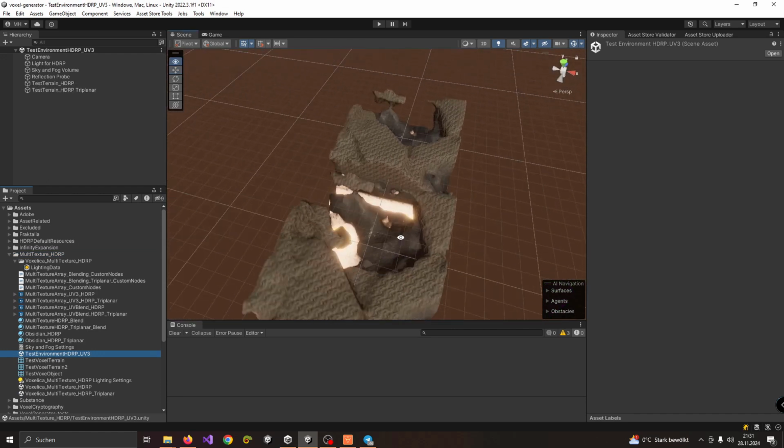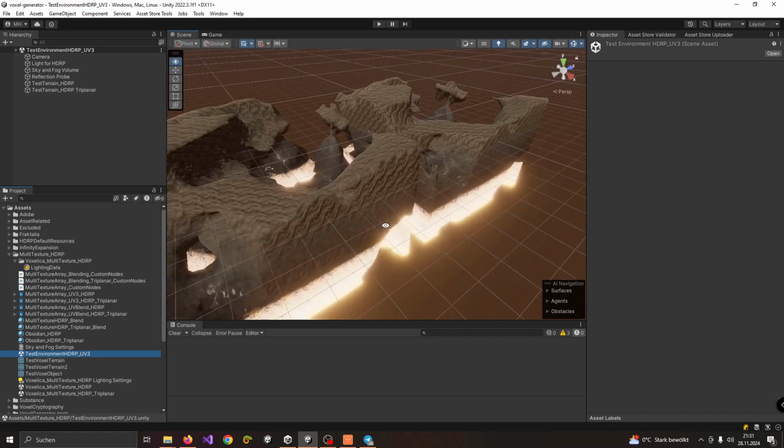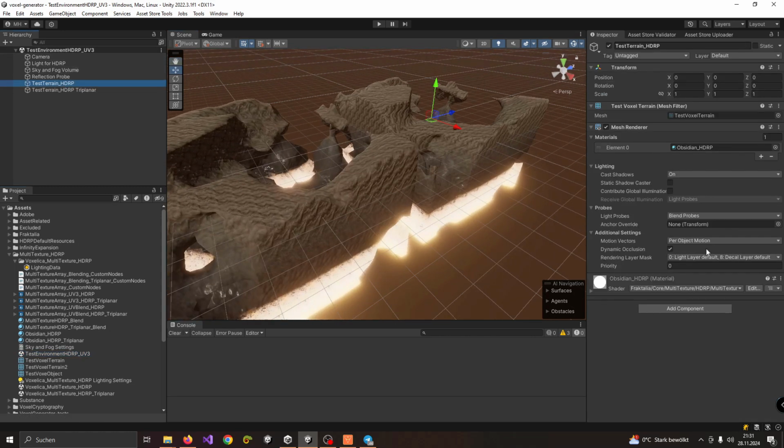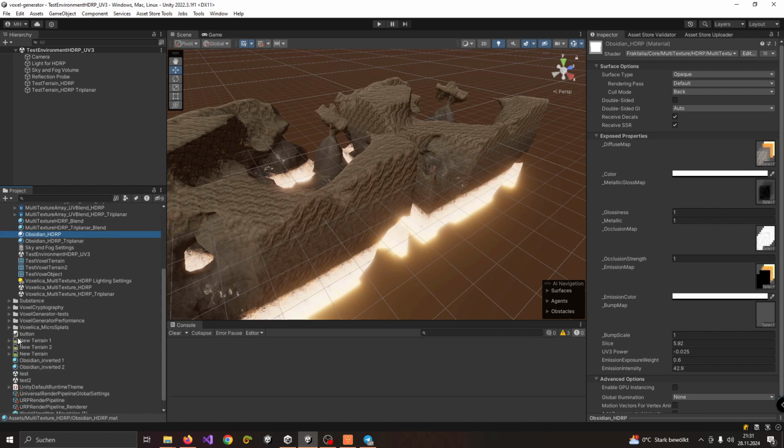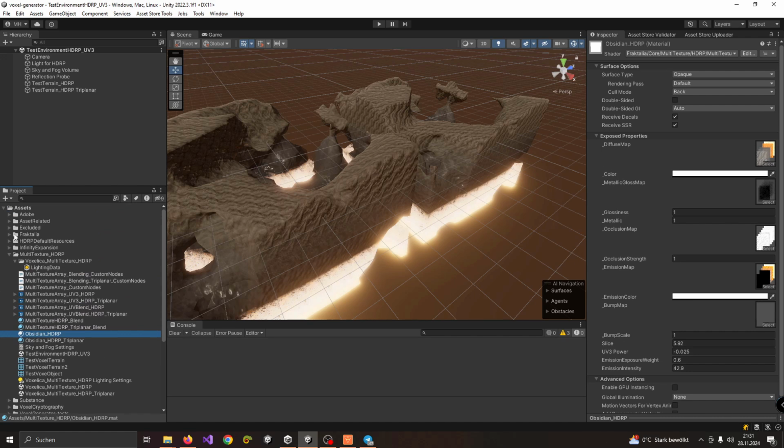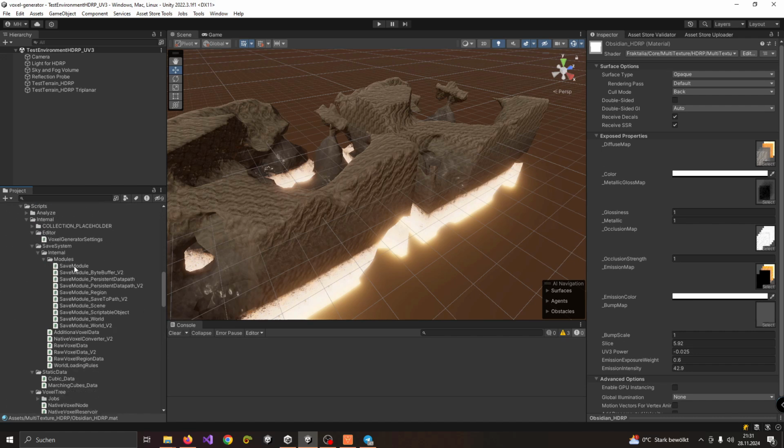When I select this scene here, you can see this is for the UV3 workflow, and here you can see the material. The main difference here now is that you have to use texture arrays. If you check the old material here, what we had,